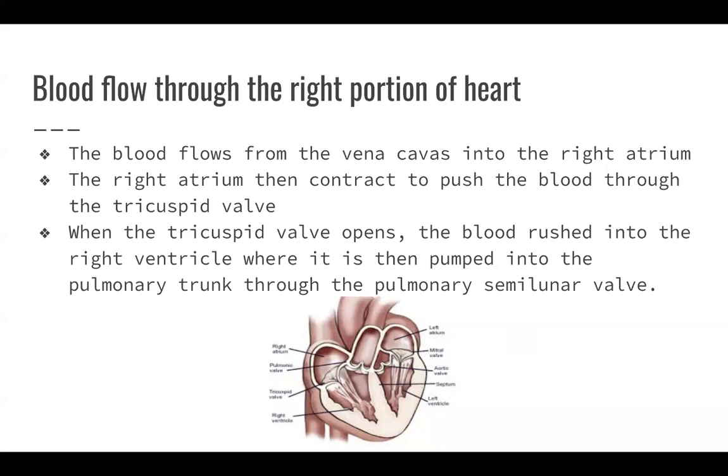So once it goes through the pulmonary semilunar valve, it is in the pulmonary trunk, which is the pulmonary artery. Another important fact is that the pulmonary artery is the only artery in the body to carry deoxygenated blood. So artery means away from the heart, so A and A is away from the heart. This is important to know because on certain diagrams, it will show the colors of the